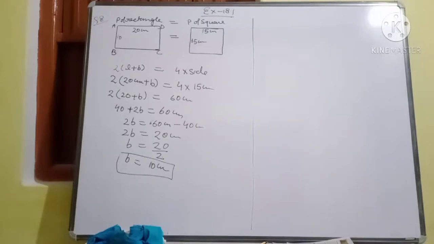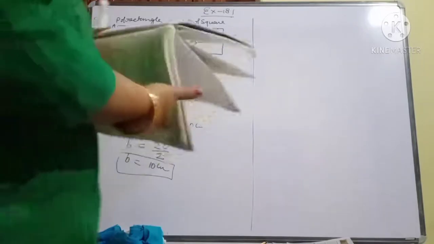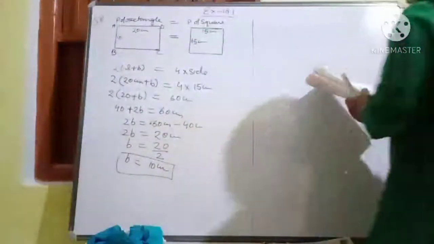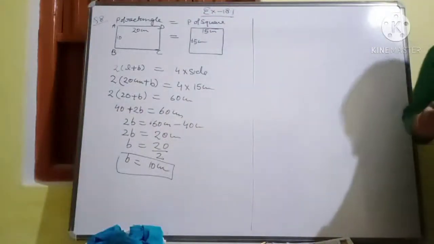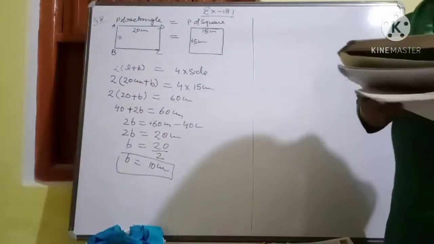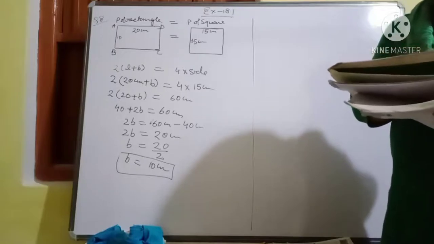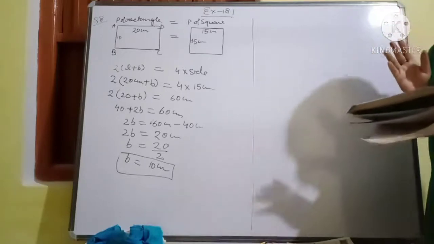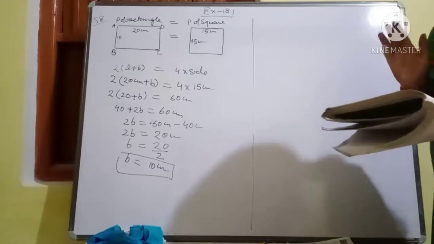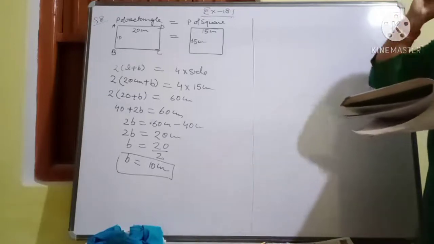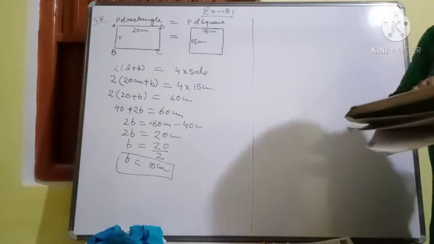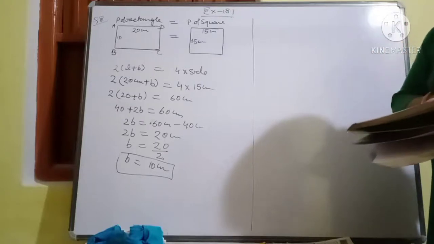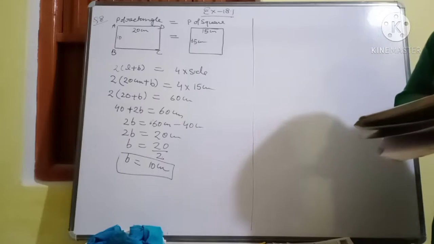See that beta, what is the question number 9? The perimeter of a parallelogram is 72 centimeter and one of the side measures 16 centimeter. What is the measure of the other side? Beta, the formula for the perimeter of a parallelogram and the perimeter of a rectangle are both the same. Suppose you have been given this as length 16 centimeter, then you can find its breadth.